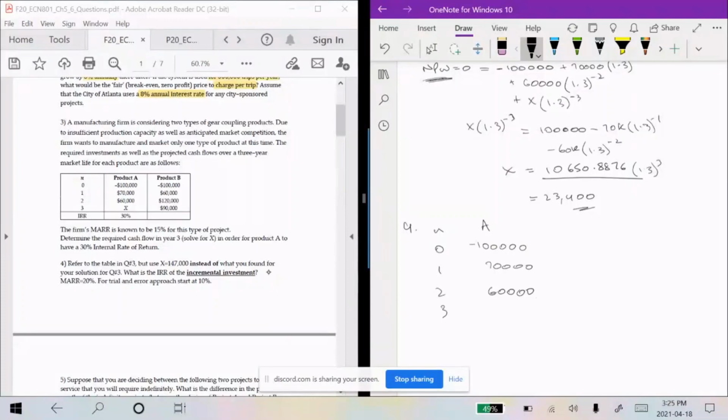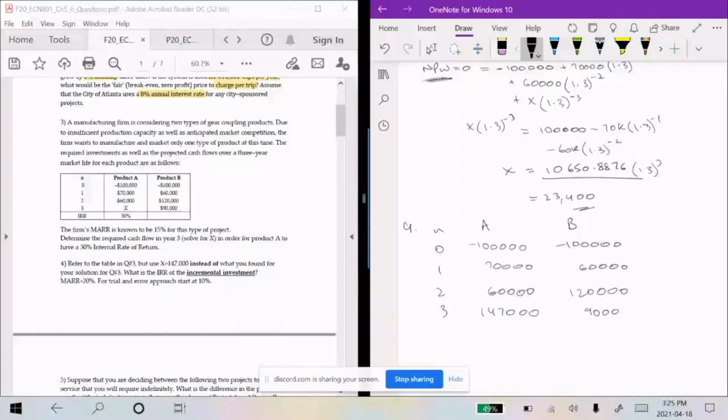Then 147,000. Okay, and this is still a simple cash flow because there's only negative ones in the starting, and then it's all positive. Now, what they tell us to find is the incremental investment, the IRR for the incremental investment. What the incremental investment means is that after you write down for both A and B, for B it is 100,000, 60,000, 120,000,